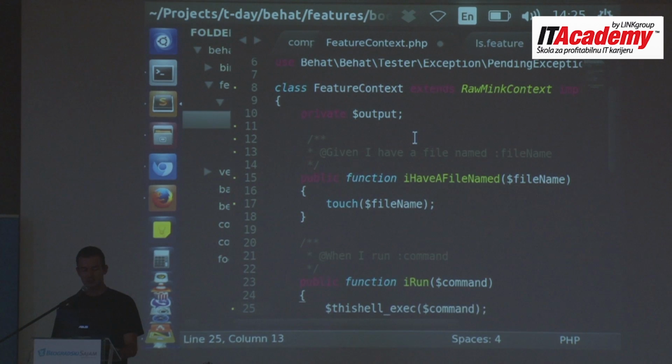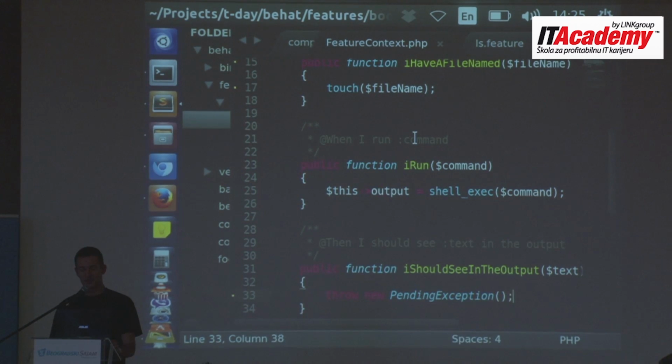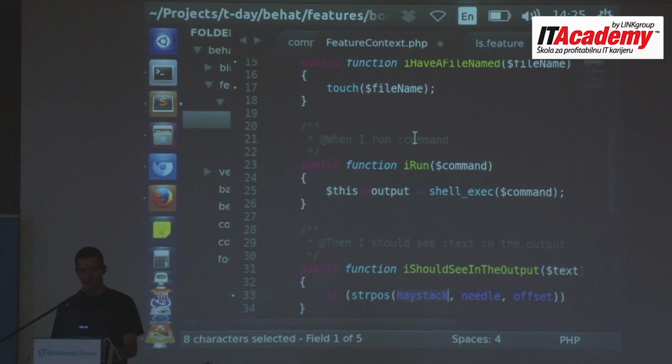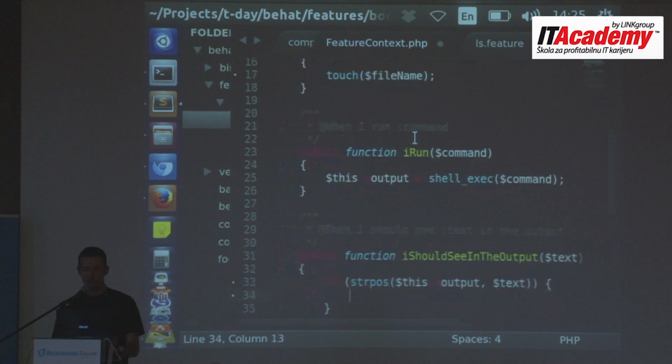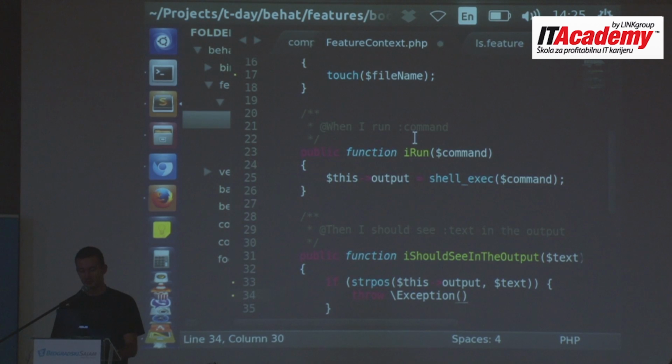So this output equals shell exec, and then here I can say if strpos of this output, and the needle is text. So if I don't find it, I will just throw exception. Okay?